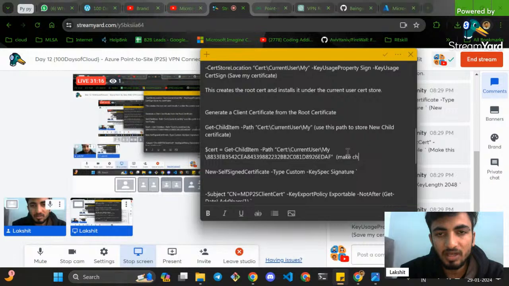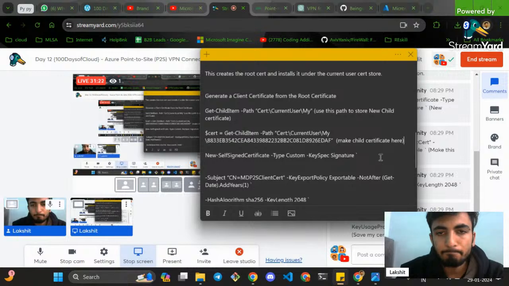Make the child certificate here. Then we are asking it to make a custom signature, because every user will have a different certificate.